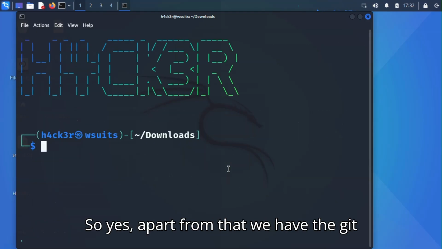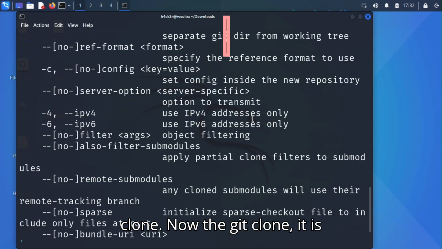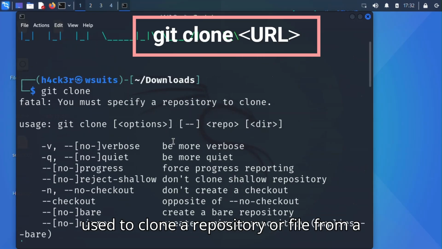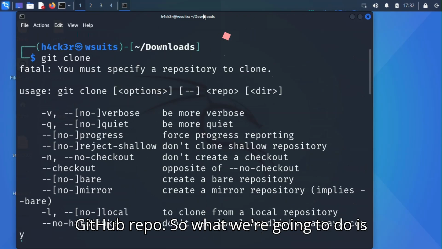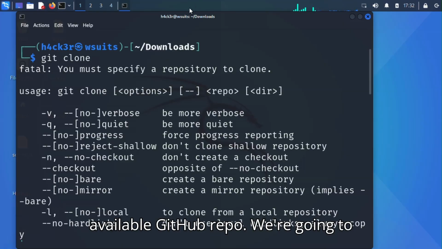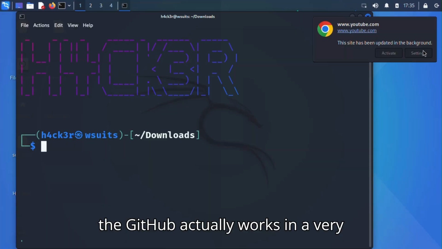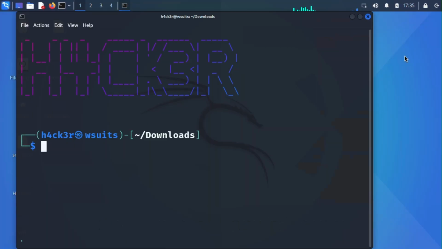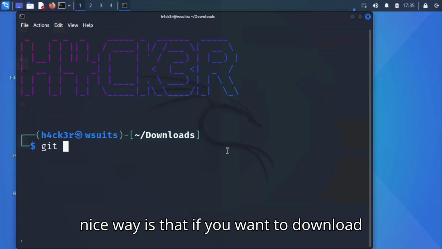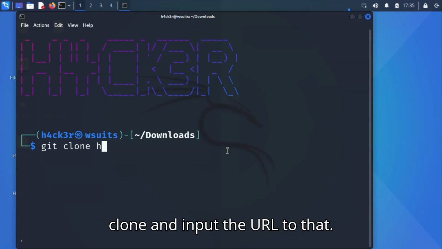So yes, apart from that, we have git clone. Now git clone is used to clone a repository or file from a GitHub repo. So what we're going to do is look for a publicly available GitHub repo. Then we're going to download a tool from that. So basically, GitHub works in a very nice way. If you want to download something from GitHub, you just type git clone, then you input the URL